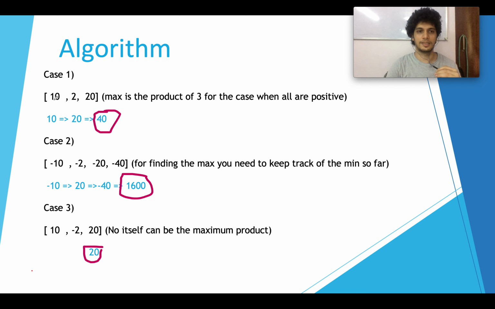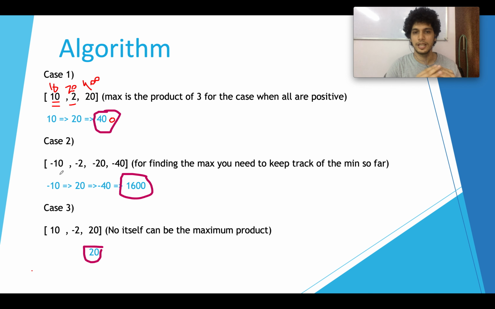So what it means is you receive 10, then you receive 2. You maintain a variable which keeps track of the product of the numbers that have been visited so far and find the maximum out of it. So 10, 20, and then comes 400. So here the maximum product was 10, then becomes 20, and then becomes 400. So you kept track of the maximum product so far in the array and multiplied the current element to generate the newer value.